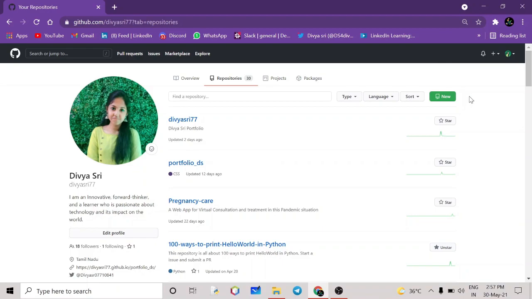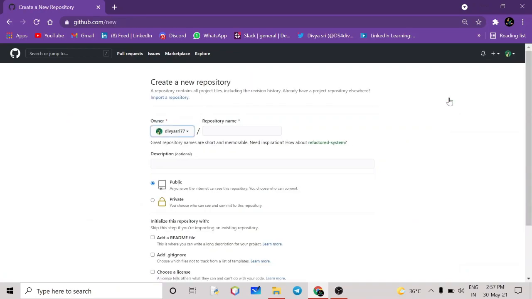The first method is we are going to use Git Bash to push our code into our Git repository. For that we have to create a new repository. Click New in the repository tab. Give whatever name you want to name your repository. Then you can give the description: this is my portfolio.